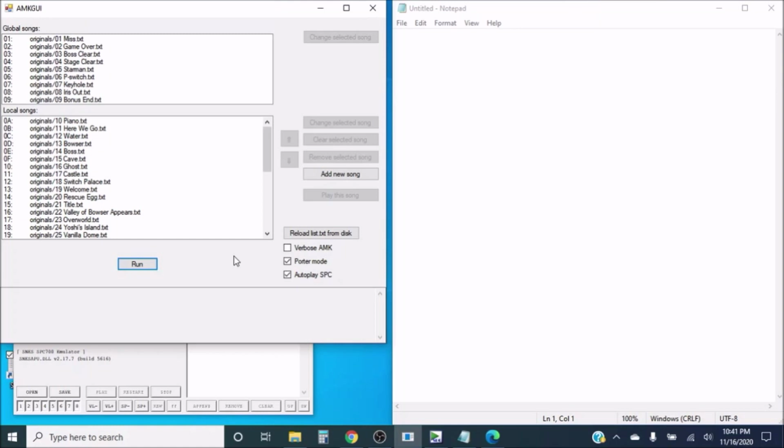You'll notice it also automatically checks the autoplay SPC box too. We're going to uncheck that for the moment. This is the only time we're going to uncheck it. Having it checked saves you several very annoying clicks, so the vast majority of the time you're going to want it checked. But right now we don't want the SPC to play automatically, so we'll leave it unchecked for the moment. Let's select piano,